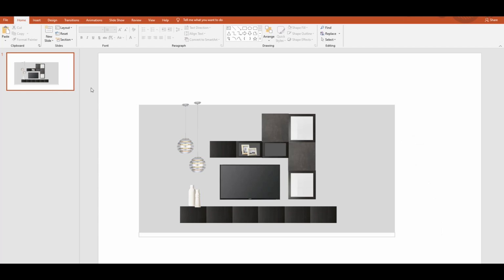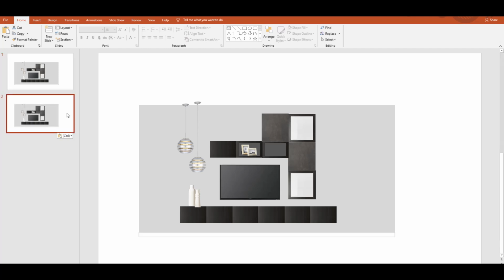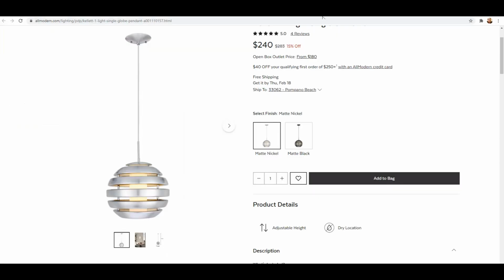Okay, so go over here and click on this. Press Control C and Control V, and you get a copy of it, right? So let's say, you know, this client is just not going to be happy with just one option. So you can go in here and you can change the configuration, and you can even, let's change the wall color. Like, let's say you know that they're working with, you've already had the house painted, you already know what the color is. So let's say you know that it's